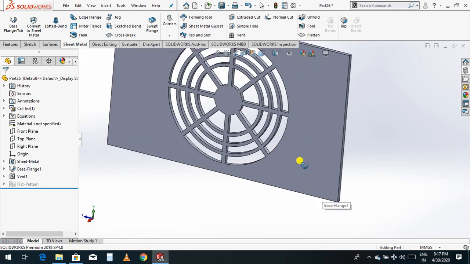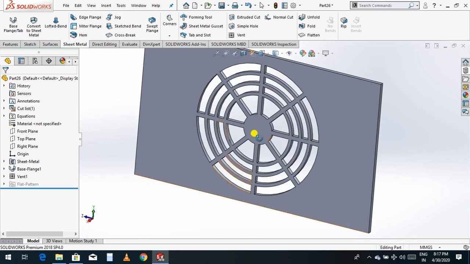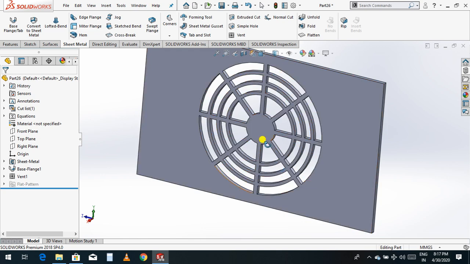So in the exhaust fan they are putting this kind of drawing. So this exhaust fan can adjust inside the fan. So this is the vent command.